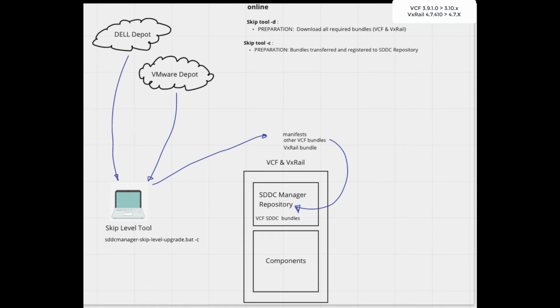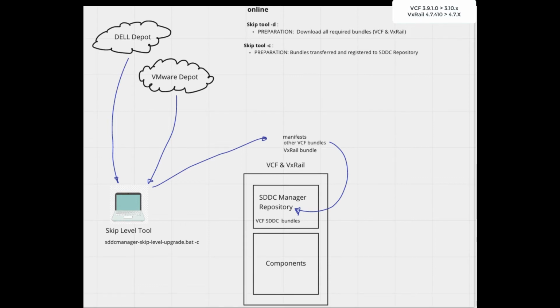Next we're going to run a bundle verification. So this is the skip tool with a -VB option or switch. It's a pre-check, and that verifies the bundles in SDDC Manager. It'll list if anything's missing. It's also a good time to run a pre-check within SDDC on the workload, and also to run a VxVerify